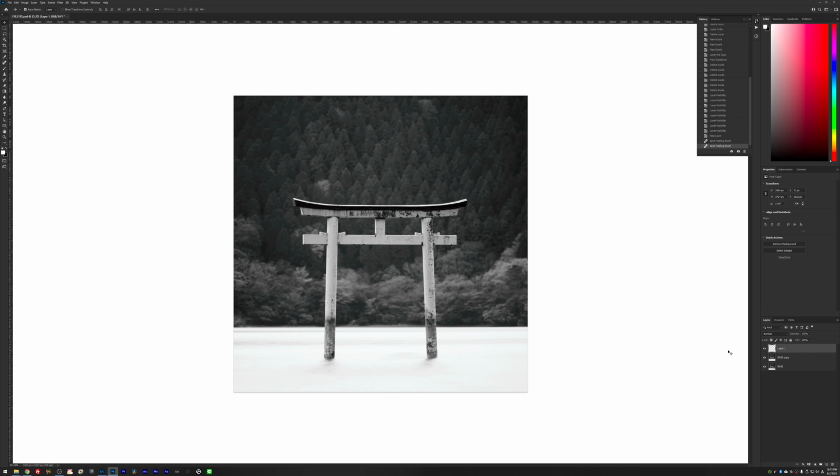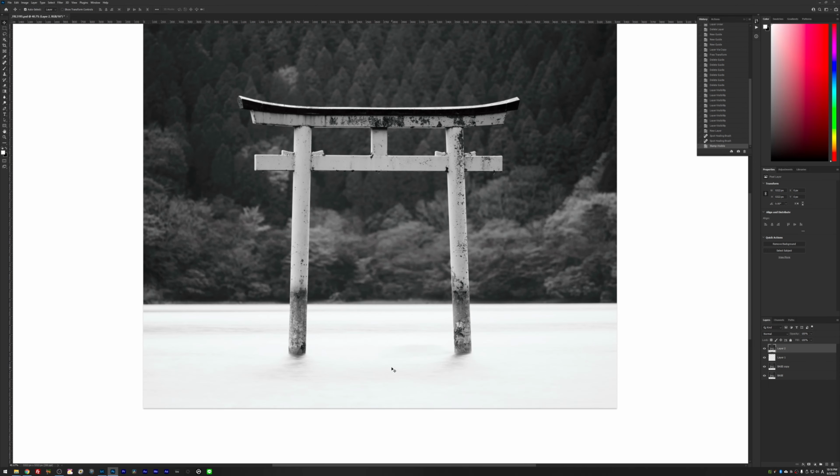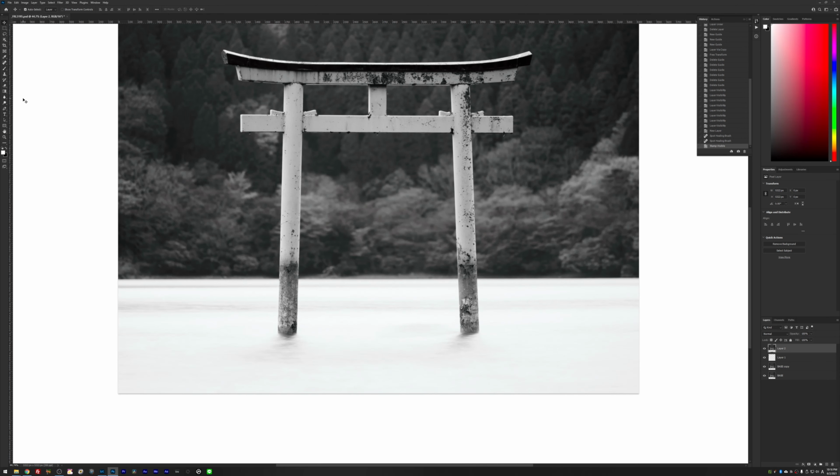Again, lots of ways to do this. What I like to do is I like to create a duplicate layer of what I did up to now, and you do this by selecting all the layers that you have, and on Windows you have to click on Ctrl-Alt-Shift-E and you get a duplicate layer. And then on this new created layer, I'm going to zoom in a little bit, and I'm going to select the dodge tool